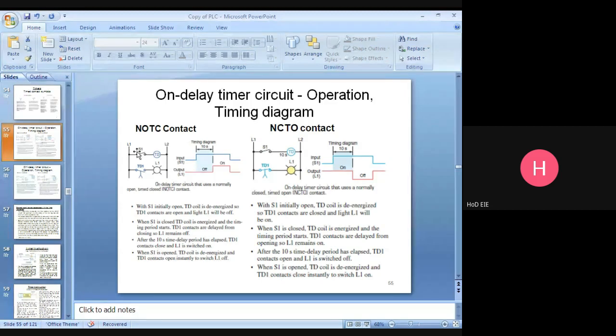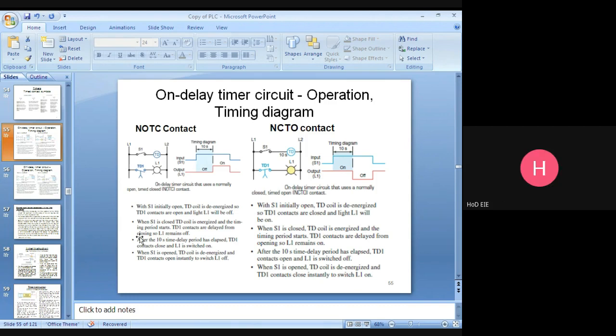Here you see, switch open means what? You are giving 0 input. This one is for 0, 0 means down. This is a 0 signal, so the output will be in the off condition only. Output is also off. This one is for output, this one is for input. The input signal is given to the switch. Switch open means 0, you are giving 0 input. So at that time the output value will be: bulb not glowing, 0. Got it?